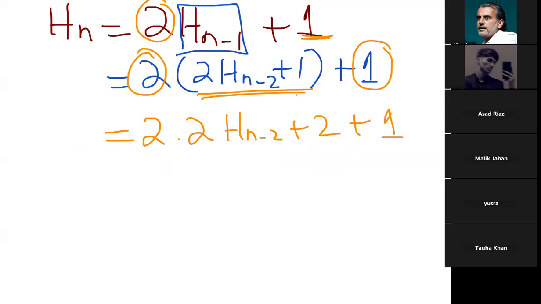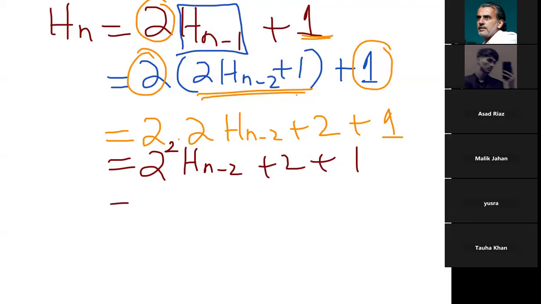So 2 is getting multiplied with both of the terms inside the parentheses. So now, what does it mean? It can be written as 2 raised to power 2 hn minus 2 plus 2 plus 1. So if I move one step down, and you can play around with this on your own as well, if I substitute the value of hn minus 2, that will be 2 square times 2. So the first power of 2 will become 3, hn minus 3, plus we'll be having